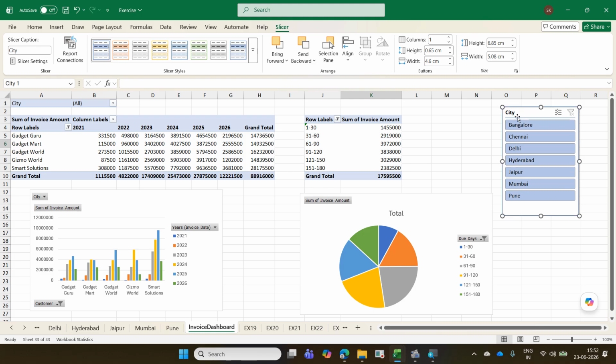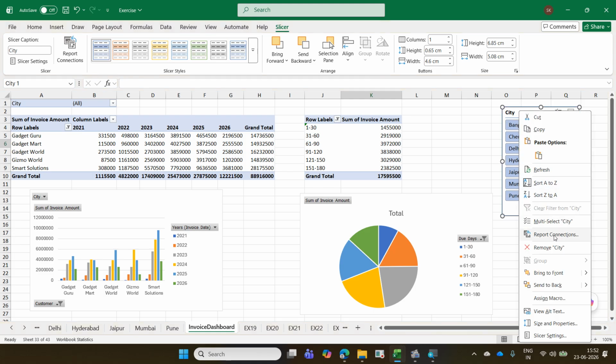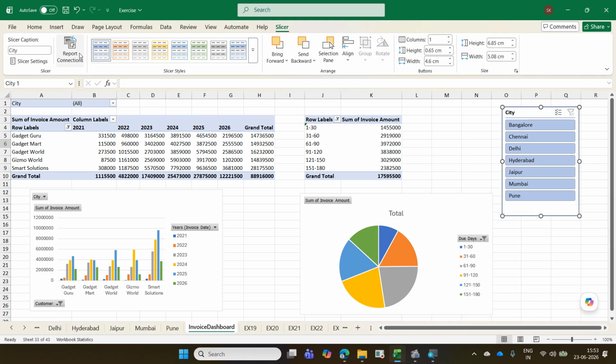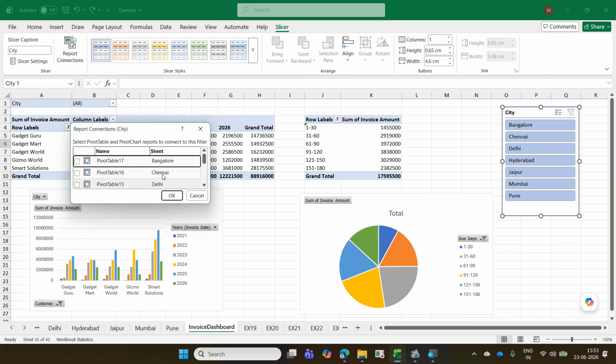Both are the same. Select both the tables available on this particular sheet, invoice dashboard sheet. Okay, Bangalore, Chennai, Delhi, Hyderabad, Jaipur, Mumbai. All four